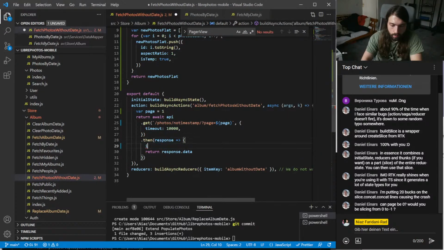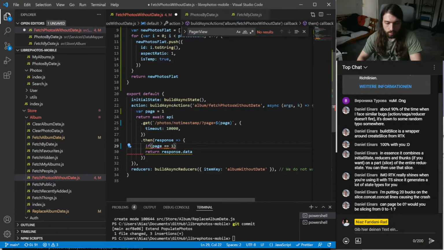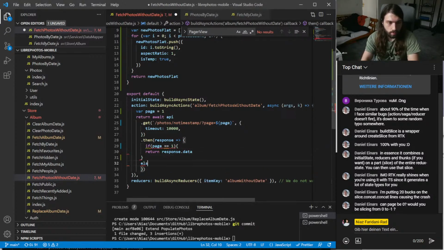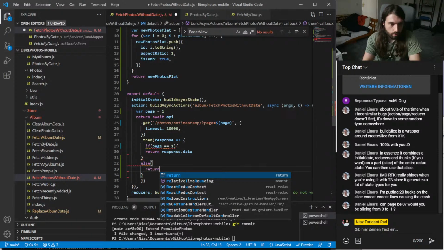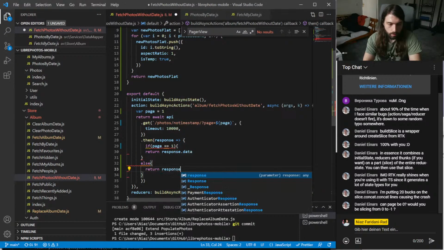So if page equals 1, then do that, and then else, response data.